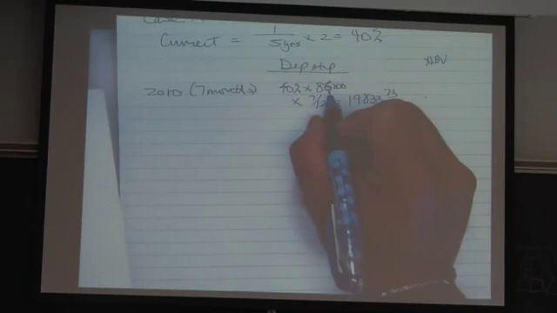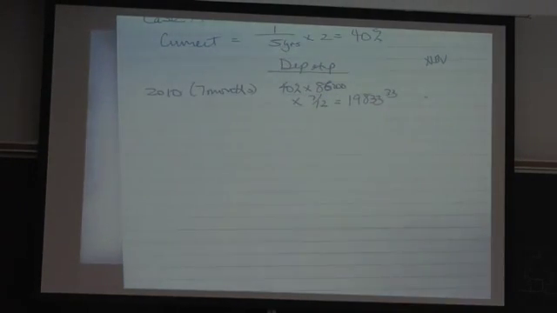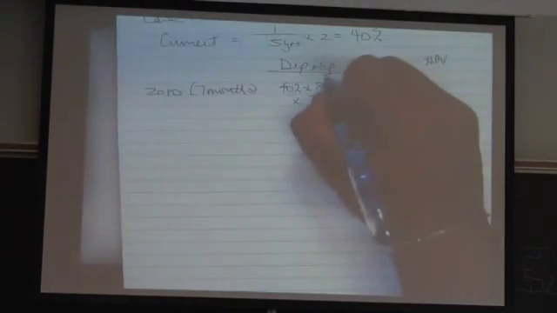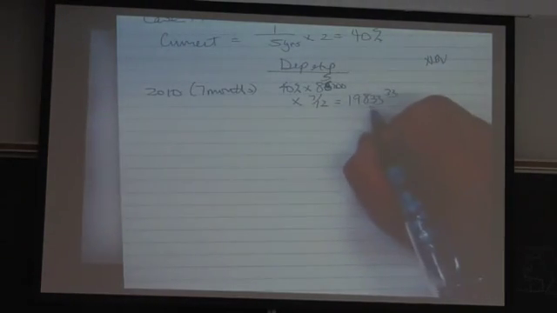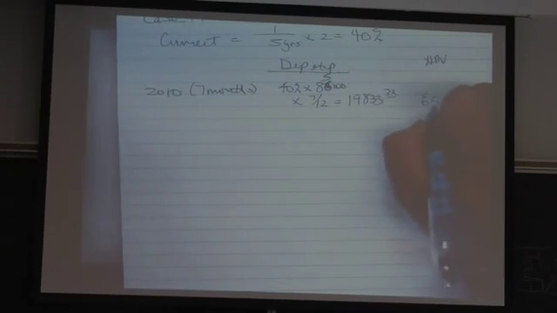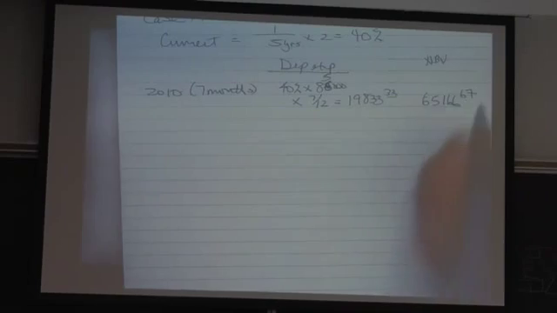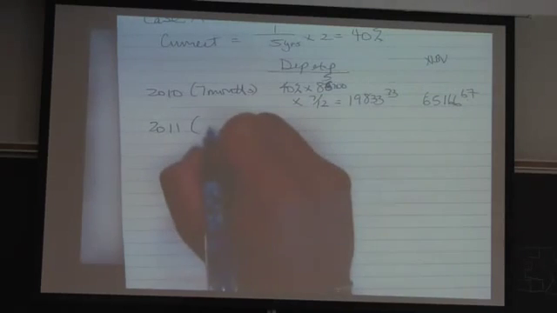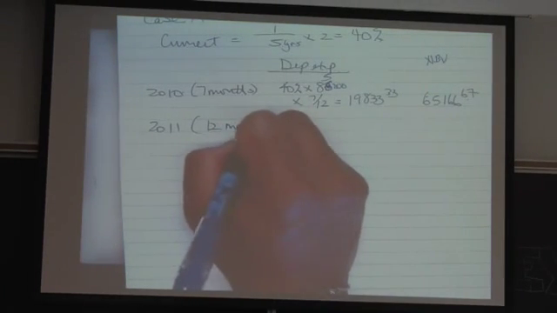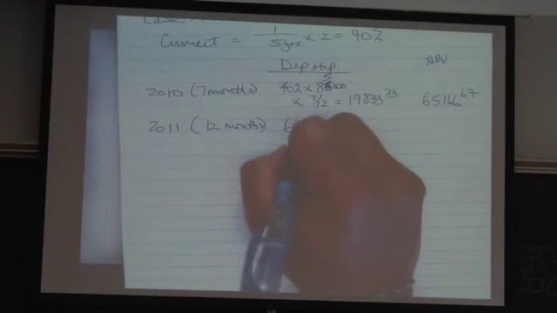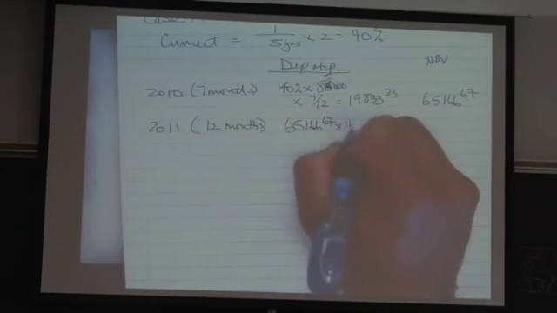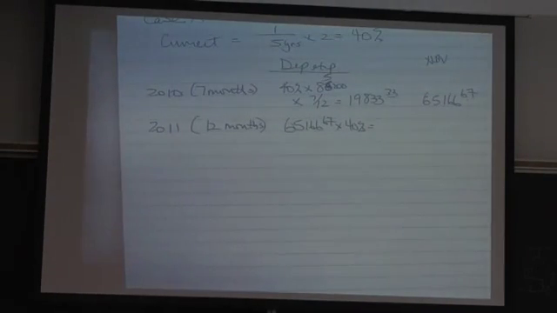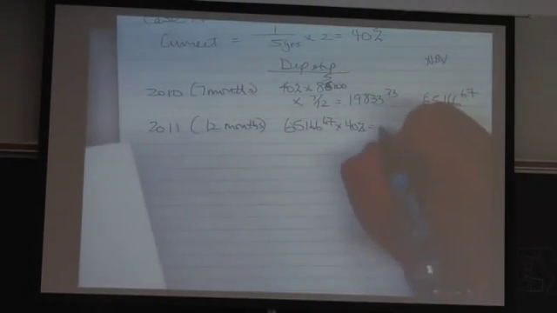The net book value is 85,000, sorry, this is 85, less 19,833, which gives us 65,166.67. 2011 should be the same as our previous calculation, 12 months. It would be the net book value, 65,166.67, times 40%, to give us the depreciation of 26